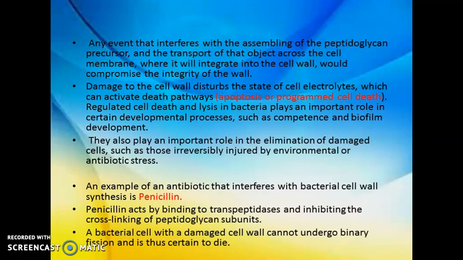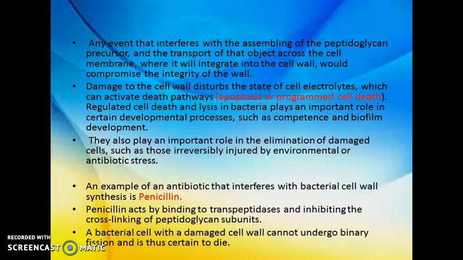Any event which interferes with the assembly of peptidoglycan, which usually takes place in the cytoplasm, or with the transport of the peptidoglycan precursors across the cell membrane, where they integrate into the cell wall, would compromise